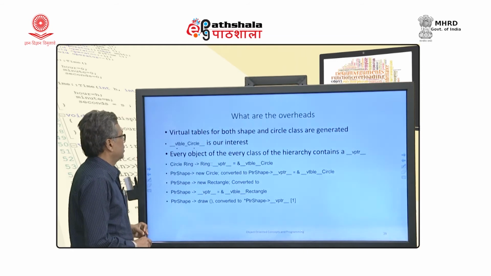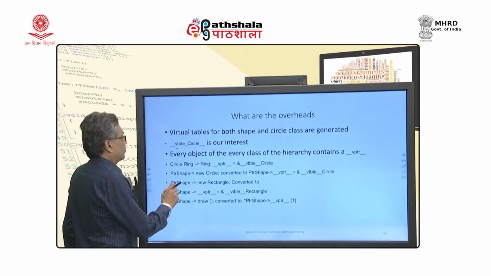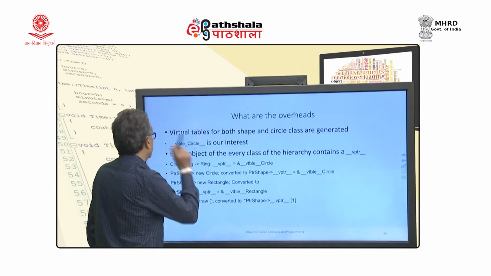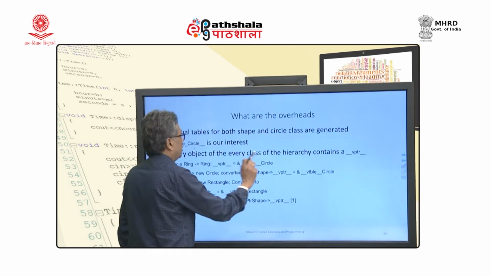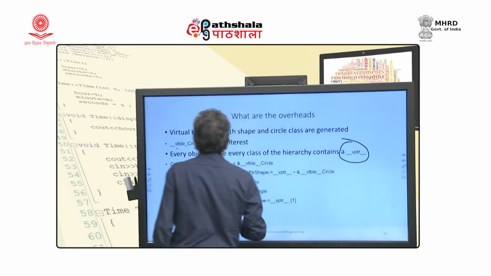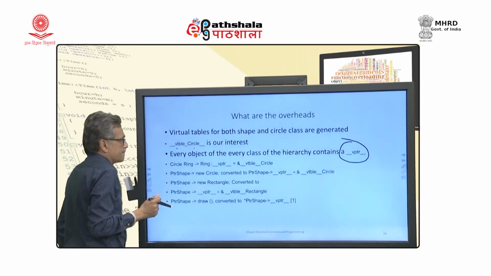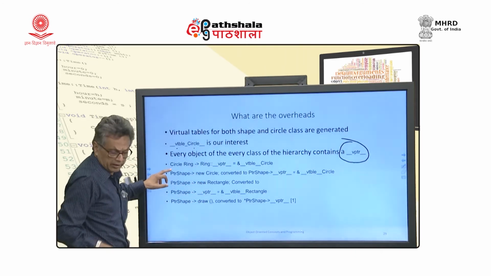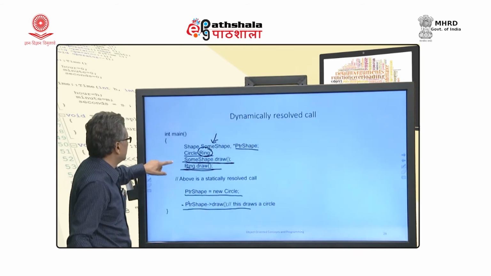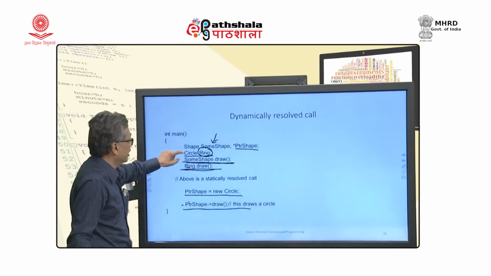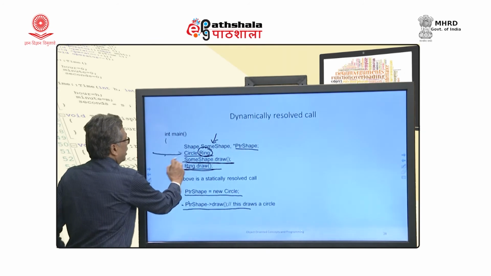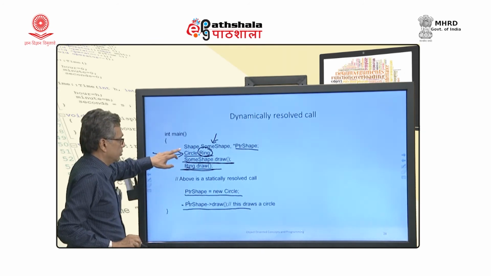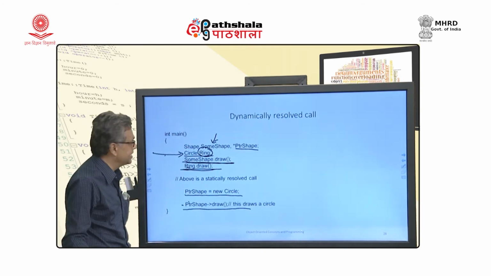Now we'll look at how it is actually manipulated. When we define circle ring, remember this is a class which contains a virtual function, so the VPTR has to be set.